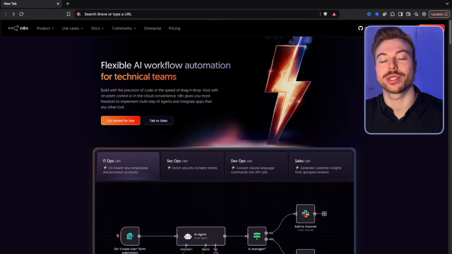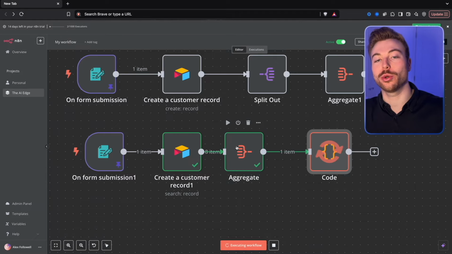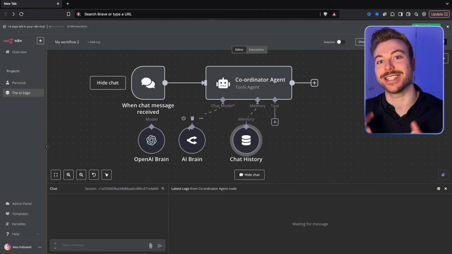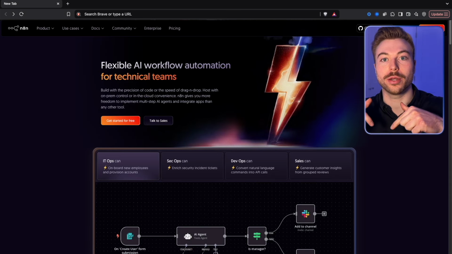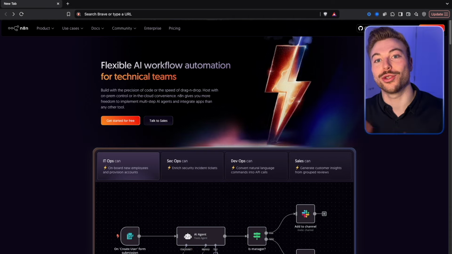In today's video, we're going to be running through how to use n8n, everything from the basics all the way through to something a bit more complex, like using n8n's AI agents. We're going to have a lot to cover in this video, so all of the timestamps are going to be below, which will enable you to jump around to the parts that you want so that you can find exactly